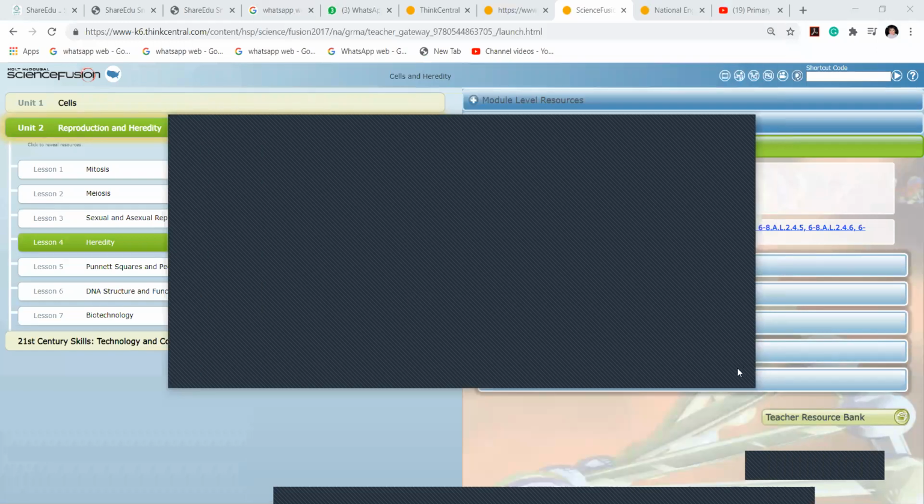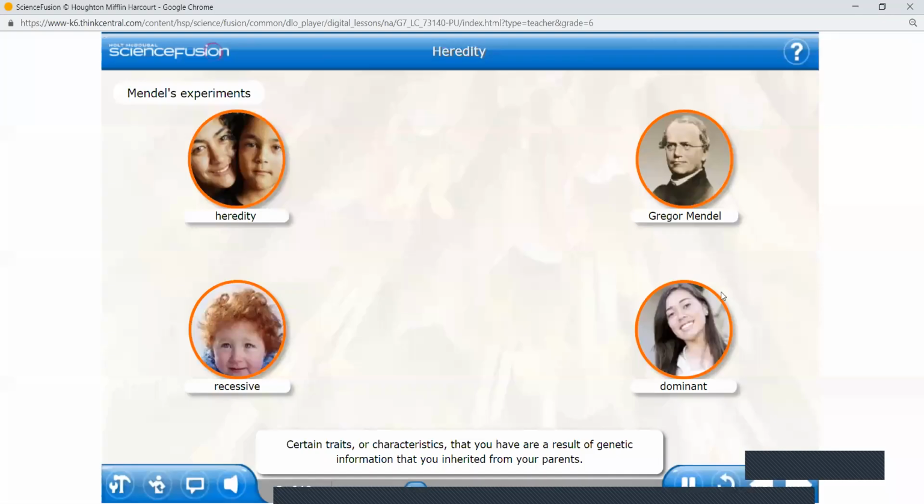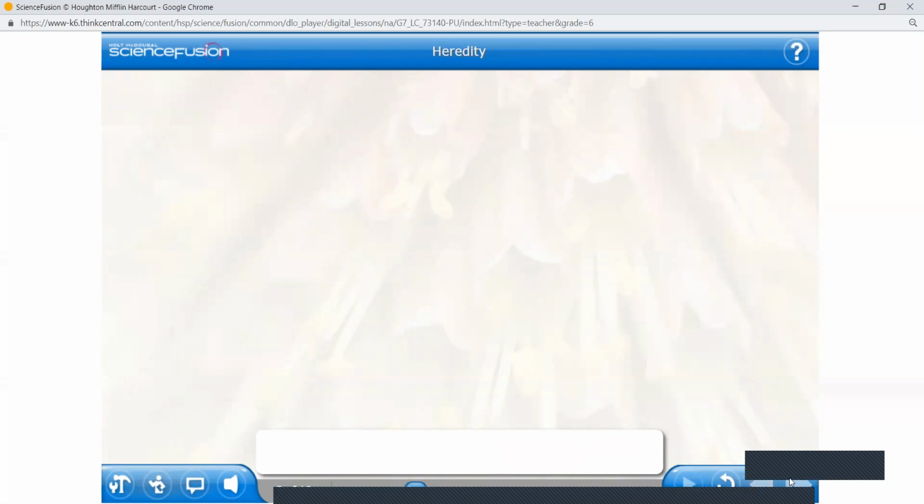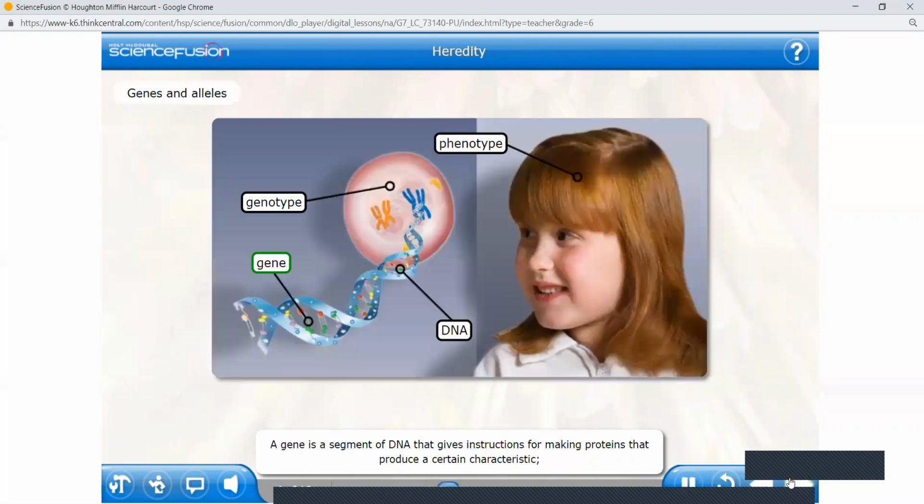Who in your family do you most look like? Certain traits or characteristics that you have are a result of genetic information. A gene is a segment of DNA that gives